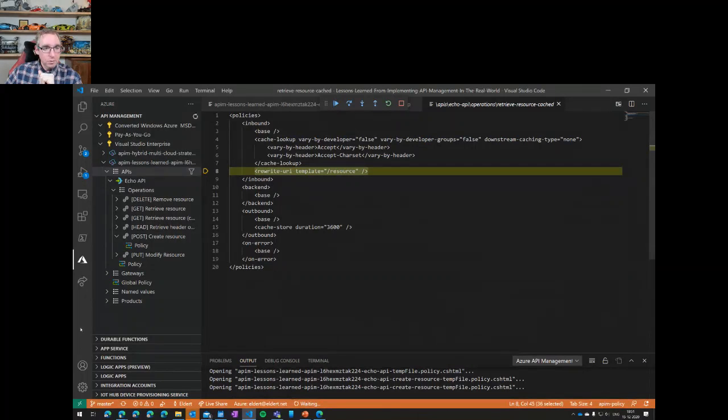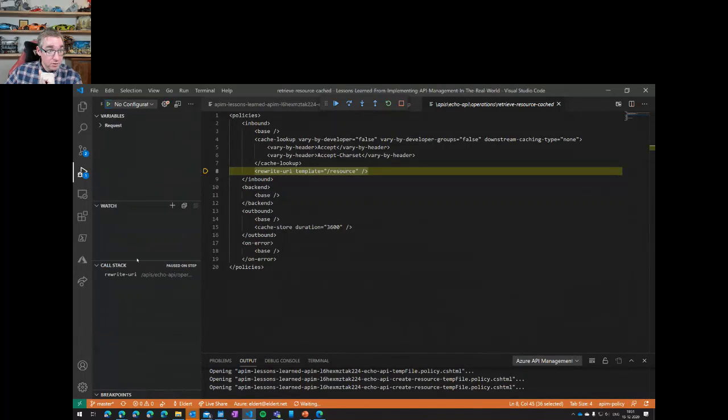What I can also do is, over here, say I want to see what's actually in my watch list. I can look at different variables, but I can also go into my request context. That's quite handy if you are running into issues, like why is my policy not working correctly, or what do I actually need to get out of this? I can just start looking into this.